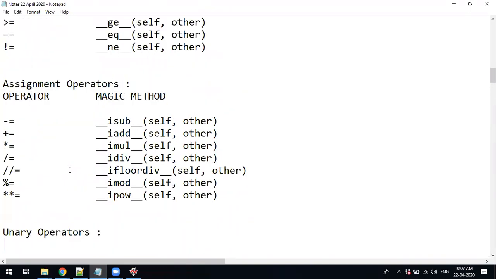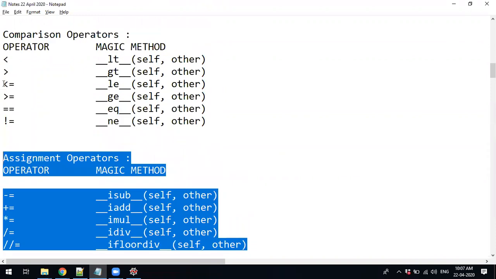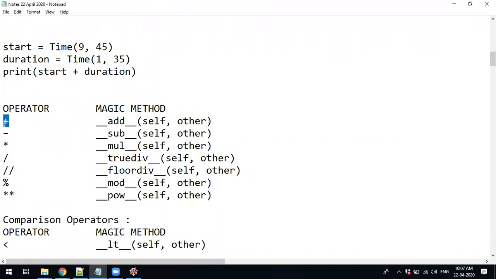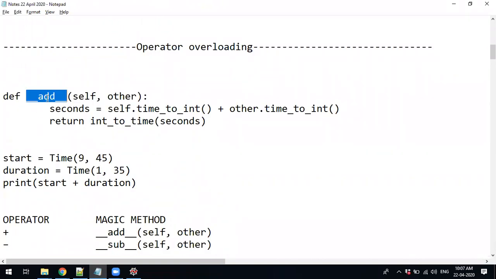But for your syllabus, the textbook discusses only the add operator. They have given you the example for add. Two time objects are there, with hours and minutes given, for duration.